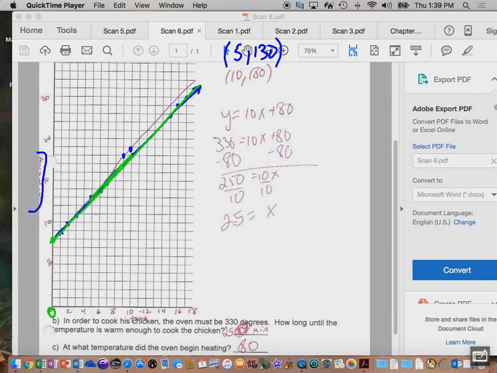So the last question's very simple. When it says where did it, and listen to this word here for a second, begin, what do we use, don't we, for the y-intercept, the letter B for what? Begin. So what I'm looking for here is that point where it touches the y-axis, and it's right there. That is the value 80. So 80 has to appear,